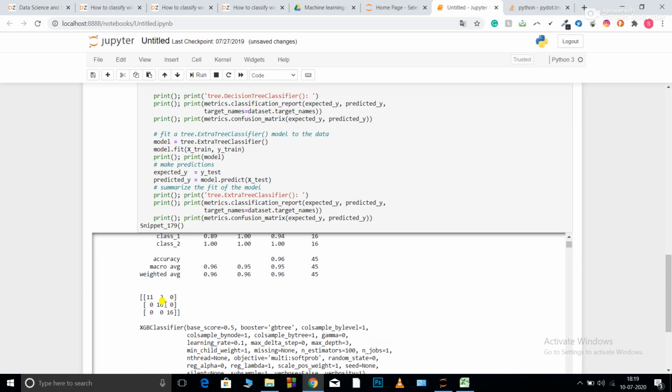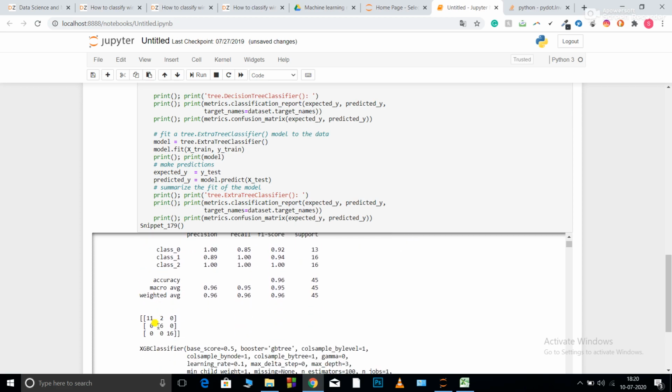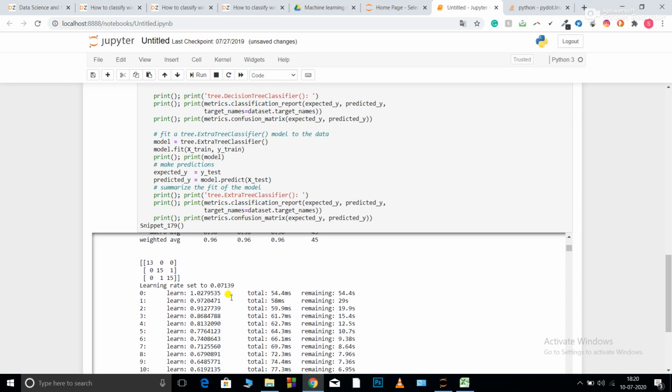Now this is the final output of my AdaBoost. For AdaBoost, it is able to perform on the second and third class, and it gives me this result. It is able to perform pretty well on the second and third class. It has predicted all the values equally good, that is, it hasn't made any mistake. For class 1 it has predicted all the correct values as class 1, and for class 2 it has done the same.